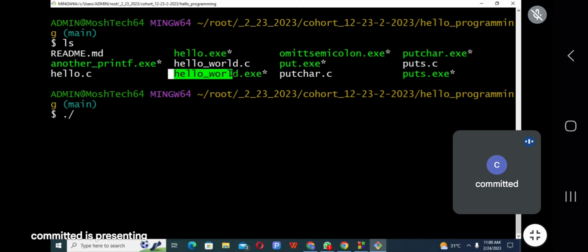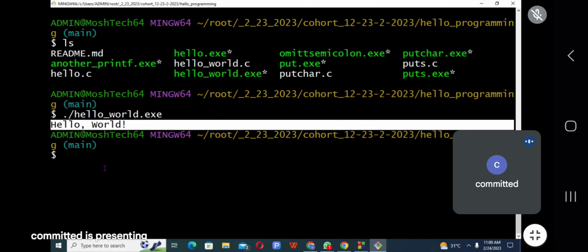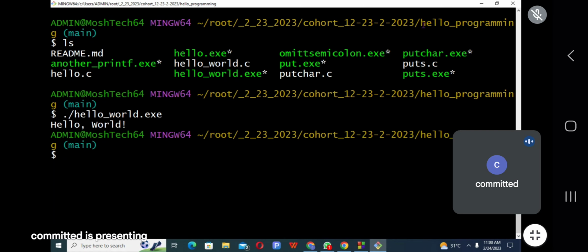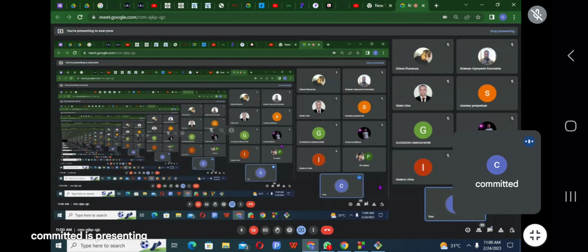And we are calling this one now. We want to execute it. So that is it. Now press enter. Now we have our hello world, with the use of printf.